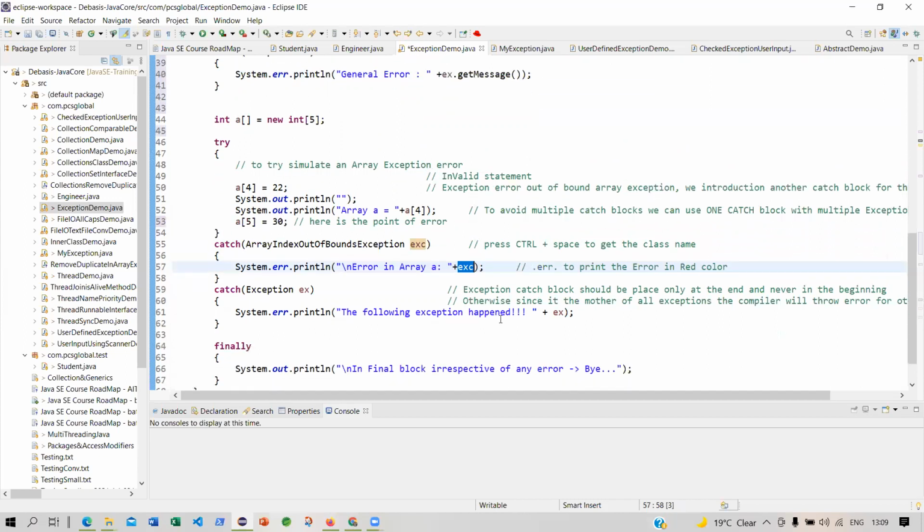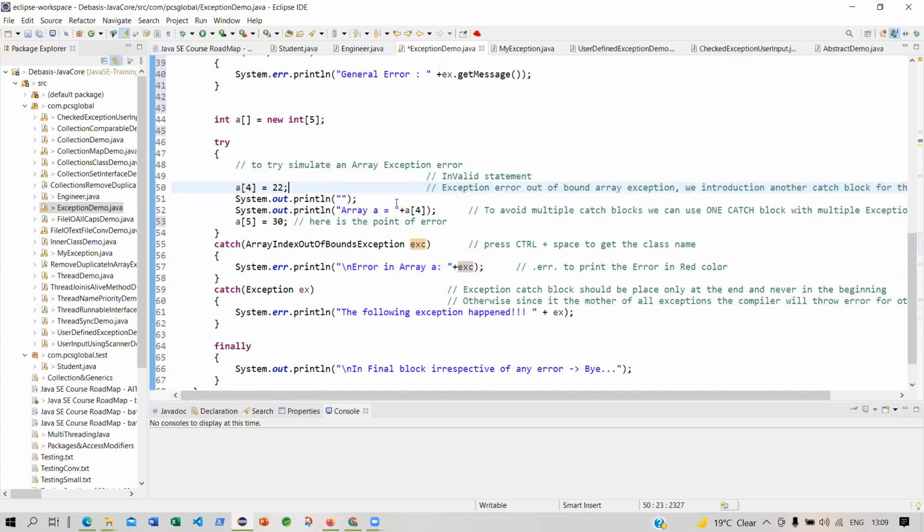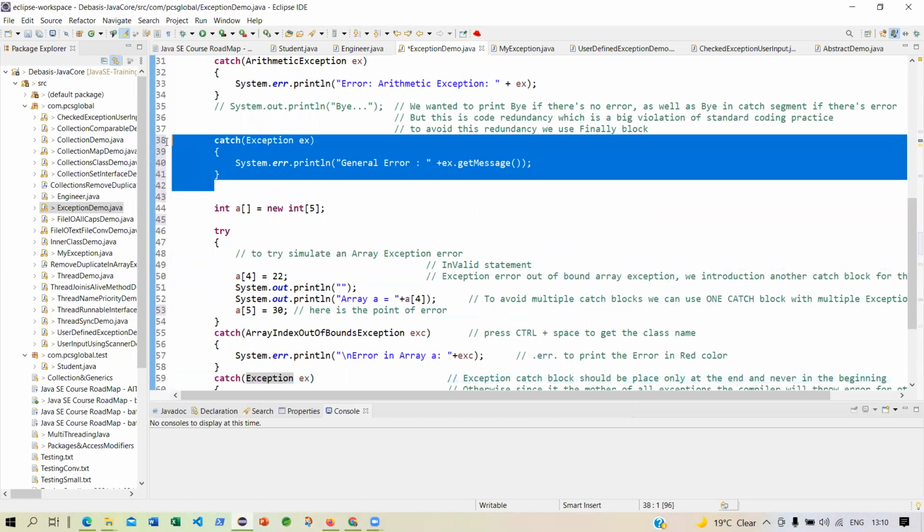Fine. And another here, I'm not very sure that there can be some other array error when I'm handling the array in this block. So I am not sure. I only know that there is one array, this one. So I'm handling it. I'm giving my customized error. But the rest of this, if I don't handle, I will be getting a runtime error. Therefore, I'm trying to use this exception. Okay, let me take this out because I have used the exception here.